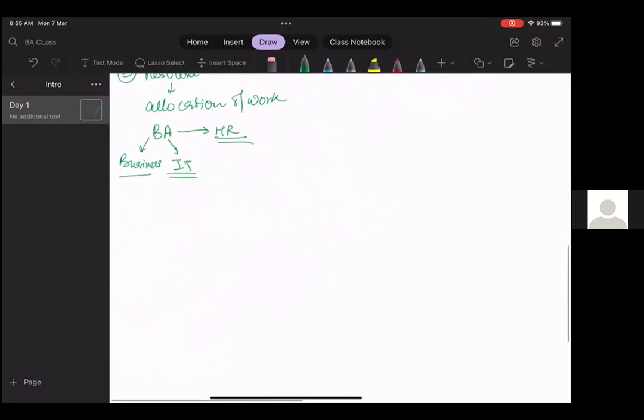Then comes how do we as BA conduct meetings with stakeholders and with the development team. This will depend from project to project, but normally the business analyst has to conduct to and fro meetings with both the stakeholders and the development team as and when an update or a feature is added to the project.